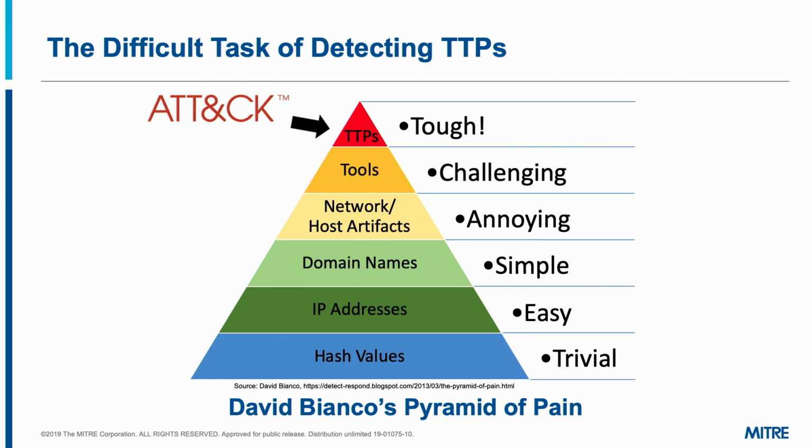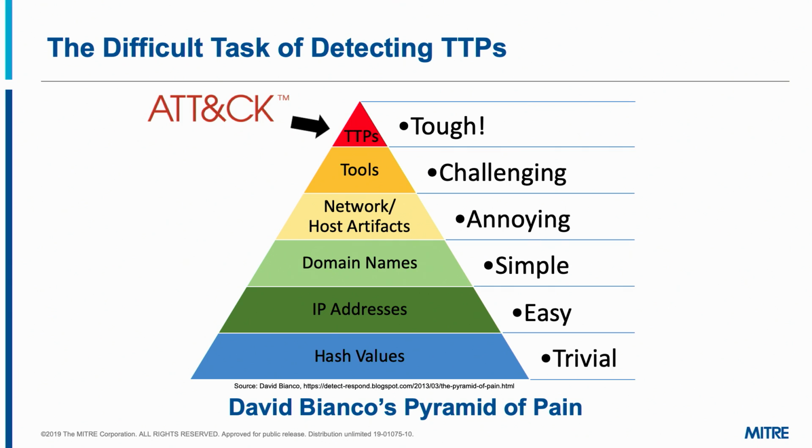In explaining the space that ATT&CK lives in, we often like to use the Pyramid of Pain by David Bianco. This describes how some activities that defenders might detect in an environment are much harder for adversaries to change than others. So we start with things like hash values at the bottom. Adding a single bit to a file is really easy for an adversary, but completely changes the hash that a defender might see. Working up through the various levels, things like IP addresses, domain names, the things that an adversary would have to maybe buy a new one or provision new infrastructure, but they're still fairly simple,